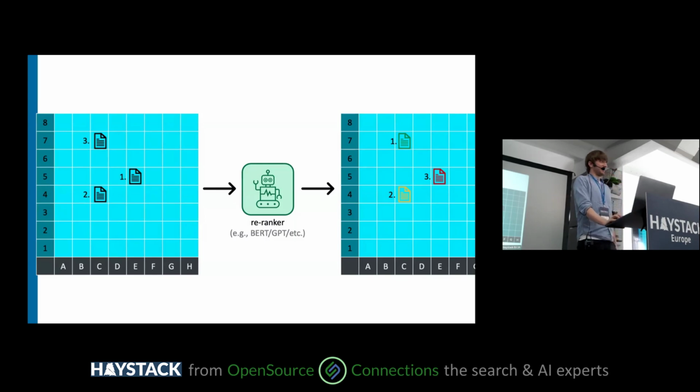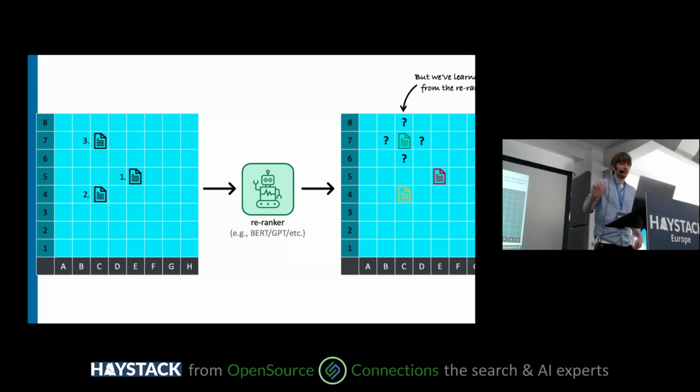Now, what's crazy to me is that in normal re-ranking, you just stop right here. You learn all this stuff about which documents are good and which are bad, and then you just show these to the user. If I was playing Battleship right now, that would be a terrible strategy. I would basically miss all the ships. If I wanted to find all the positions, I would need to just keep on guessing randomly until I find all of them. So we've actually learned a lot of information about what makes a document relevant to this query, by identifying a document that is considered relevant by some really strong model like GPT-4.